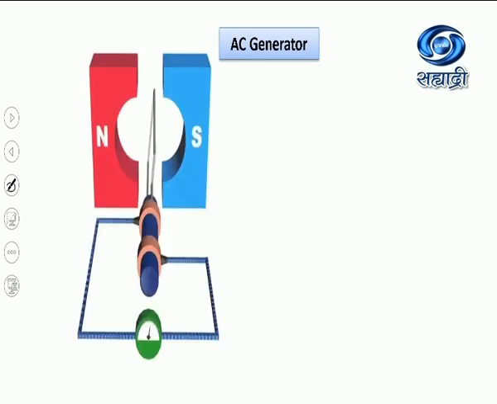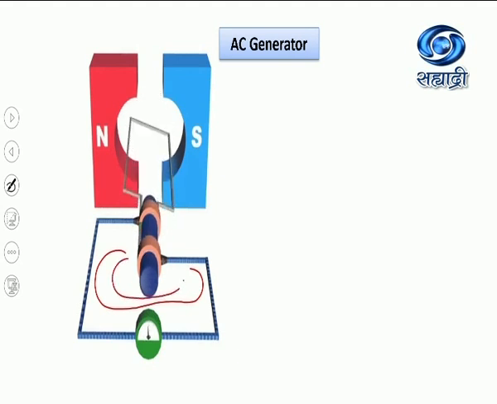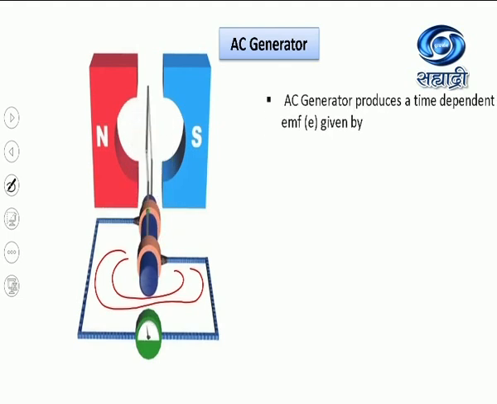This you have already studied in 10th standard. Simple construction: there are two pieces of the magnet, and in the uniform magnetic field, the coil is rotating. When the coil completes half rotation, current will flow through this circuit in one direction, and after it completes another half rotation, the current will flow in the opposite direction. So direction as well as magnitude of the current will change. And why is the magnitude of the current changing? Because the area of the coil in the magnetic field changes. That's why the magnitude of the current will change, and even the direction also changes.